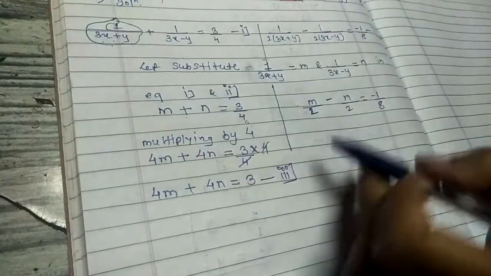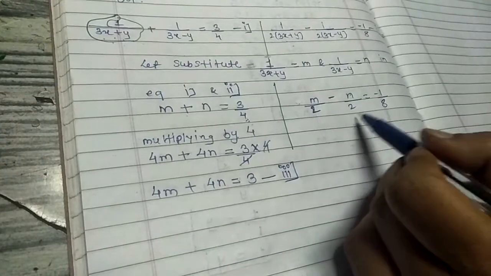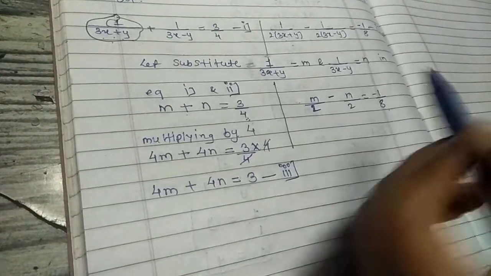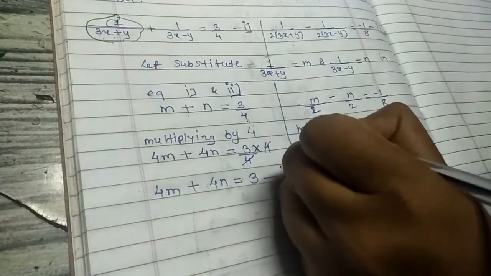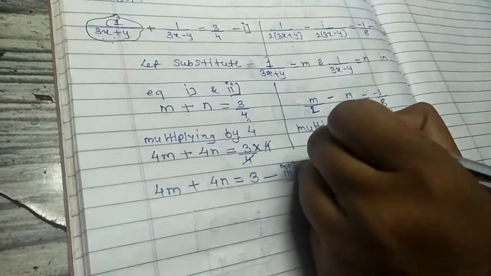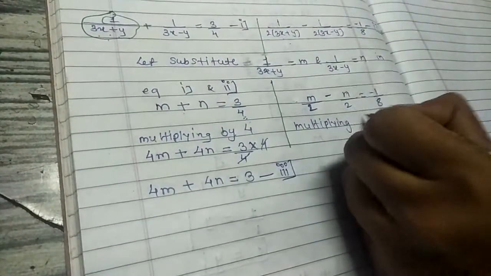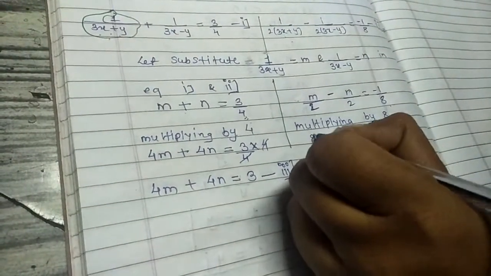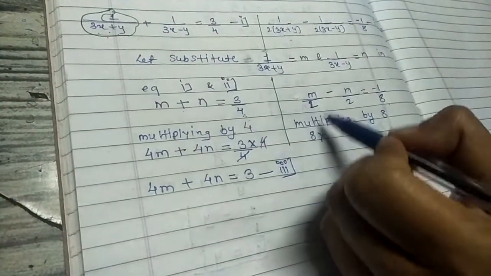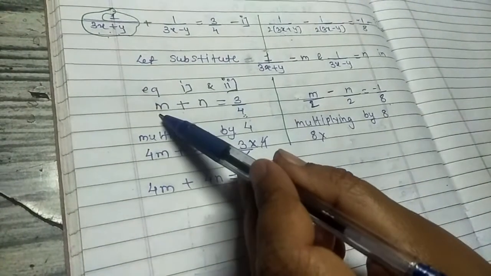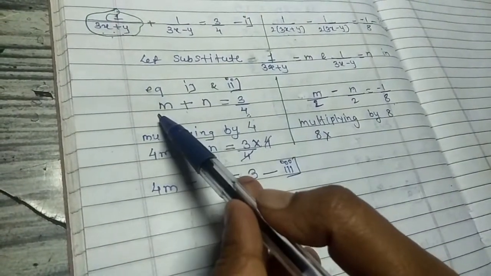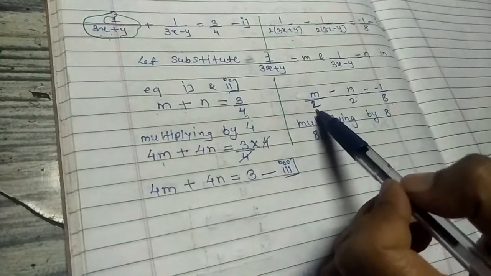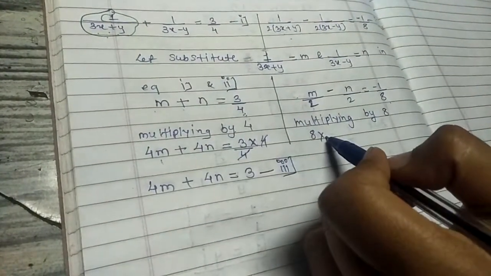And the same here. Now see, the denominator is 2 and here 8 is there. The largest denominator is 8, so we multiply by 8. So when we multiply by 8, what we are getting: 8 into, now see here, why here I did it directly, because here only m is there, and 4 into m is nothing but 4m. But here the denominator is there, so that division I am going to show here.